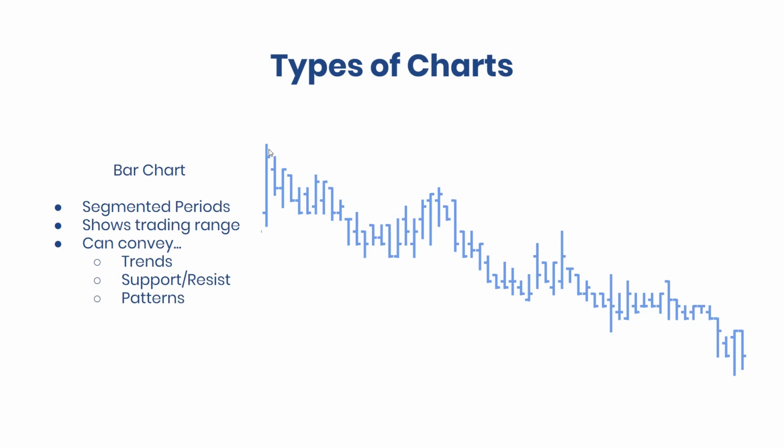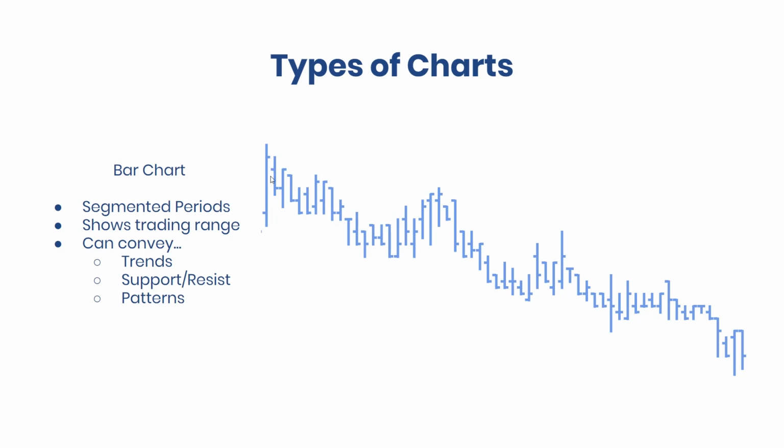Now, what's cool about bar charts is they show you the price at the beginning, the price at the end, and the full range of the price during that time period. So in the very first example, we can see that the price started right where my cursor is. We entered the bar. We dropped down to our low. We got all the way up to the high point before pulling back slightly. And at the end of that period, we ended the price at this point, started the next price at this